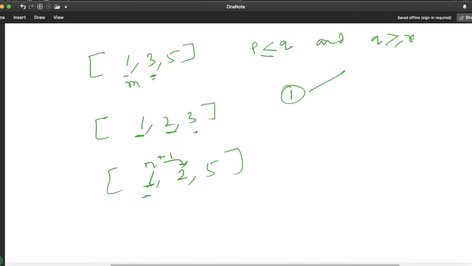Now for this element, suppose for these 3, our counter is here. We'll check the next value. Yes, this value is satisfying the condition. This 3 is less than or equal to this 3. So we'll simply add 1 in our counter. No need to check from the initial position. We'll simply check from the current position of the counter.